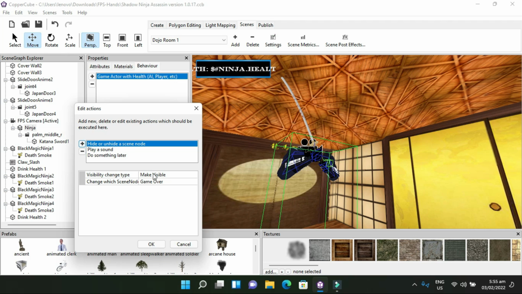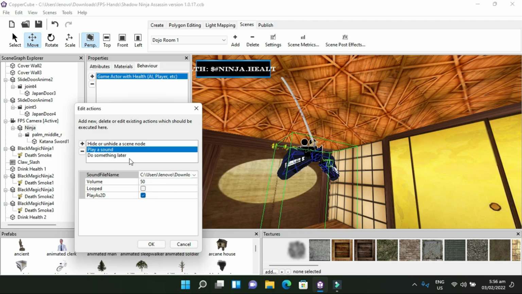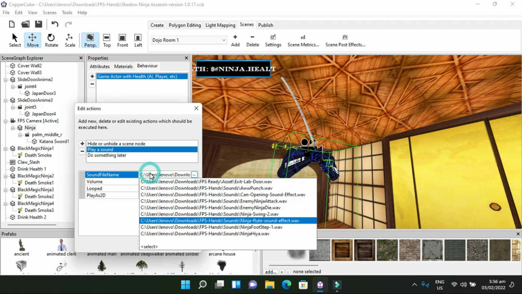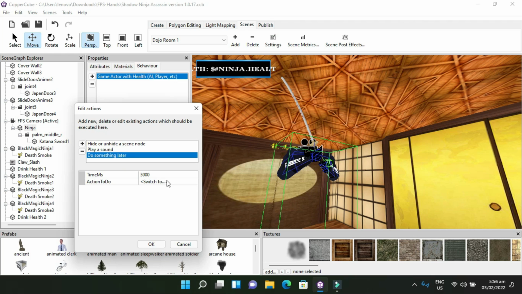So actions on die, you got make invisible, hide a scene node, make invisible, game over template, which is the red template. If the character dies, that's the red template you're going to see. And then you're going to get a sound and all that stuff, which is I put a flute sound here, dropped it down to 50% volume, and do something later. So do something later is going to be in 3,000 milliseconds,